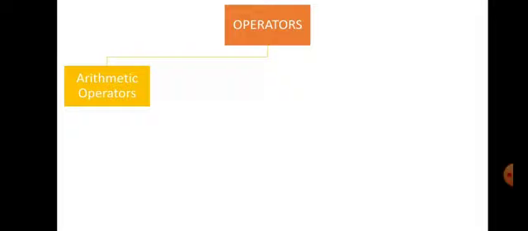Now, let us understand what operators are. As you can see in a calculator, you will have many symbols: plus, minus, star, slash. They are meant for addition, subtraction, multiplication and division. Now we will see the broad classification of operators. First is arithmetic operators. What are they? Arithmetic, as you know, is plus, minus, star and slash.